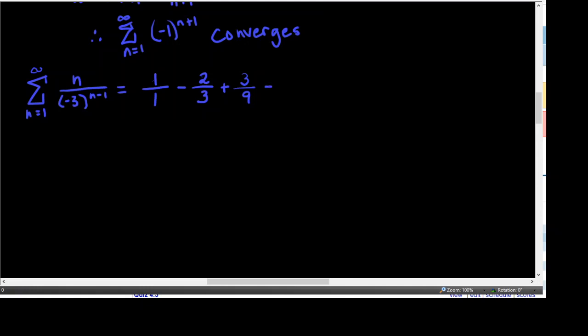And now you can tell that it's alternating. Notice that I'm not so super concerned with the simplification when I'm doing this for the thought process of, is this alternating or not? So you can say, yep, it alternates. That means we're using the